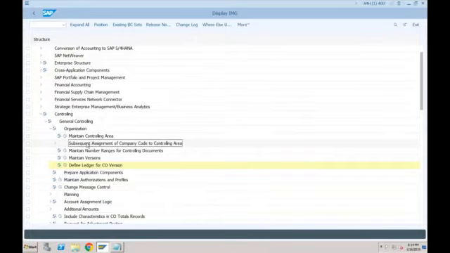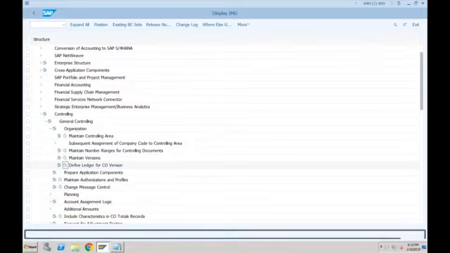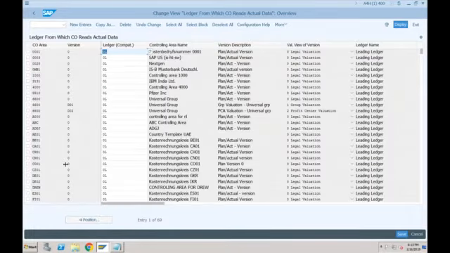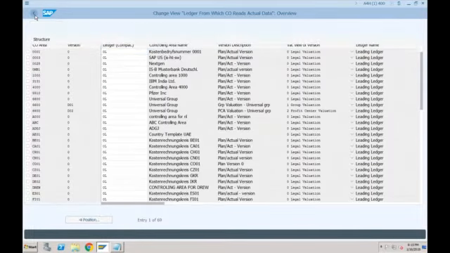This is, in short, a completely different project to activate the controlling area subsequently. It is just like subsequent document splitting, which is also a new GL functionality and itself a project. So just don't worry about this. This was even possible in SAP ECC also, but the folder was not available in between here. But this is completely new, which is only available in S/4HANA. Okay, so let's go out from here now.